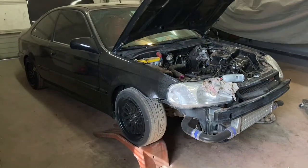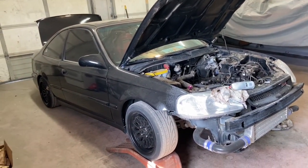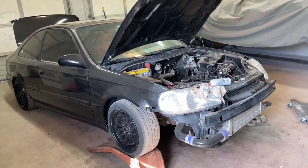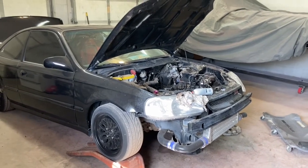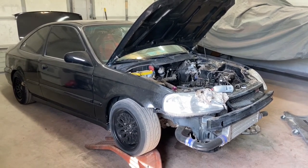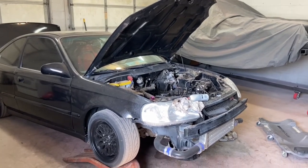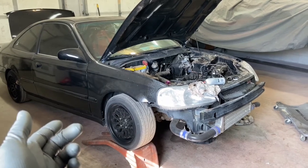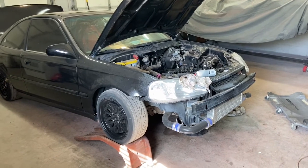So it is, I think, an '02 Honda Civic. I painted it for the kid, I don't know, a year and a half ago. I don't even know what engine was in it. I'm not a big Honda guy. I don't know a whole lot about it, but I know enough to know what was right and what was wrong. So he paid someone else to put this B18 in it that has a B16 head. So they put this B18 in it and then turboed it, and on his drive home,